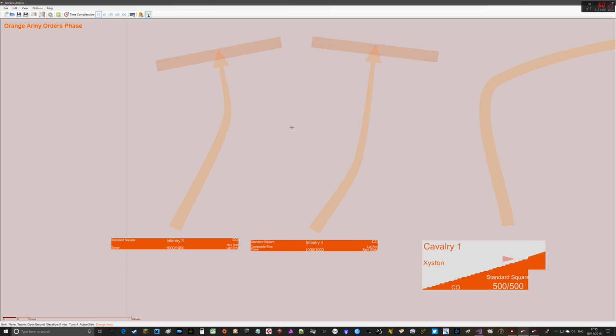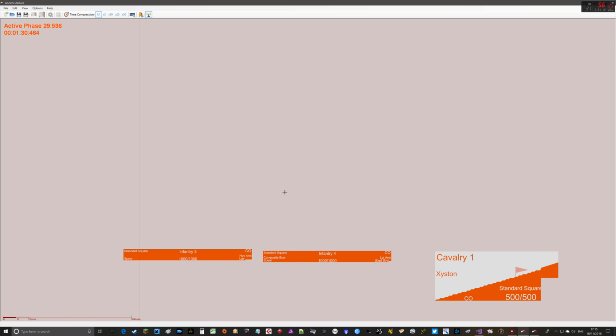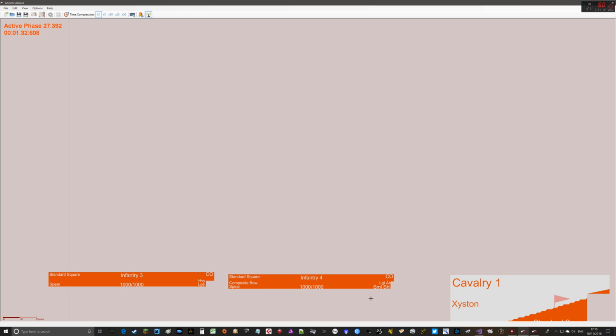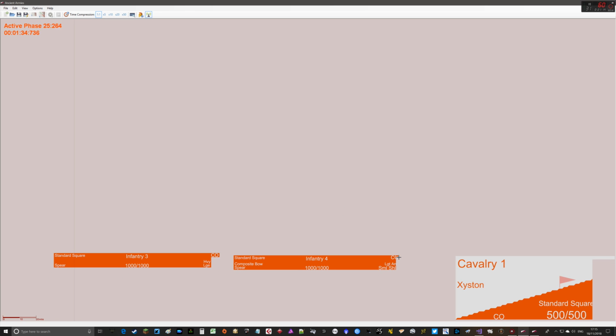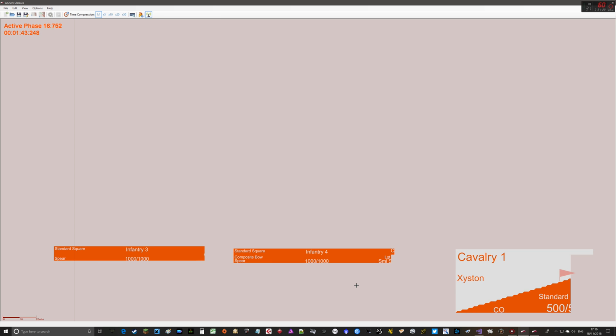So if we run that, you can see it's about half the width that's coming off, because it's only 3 men wide as opposed to the 6 men wide on that side. And one thing that you do notice is it does make a difference in terms of, I guess, tactical gameplay,